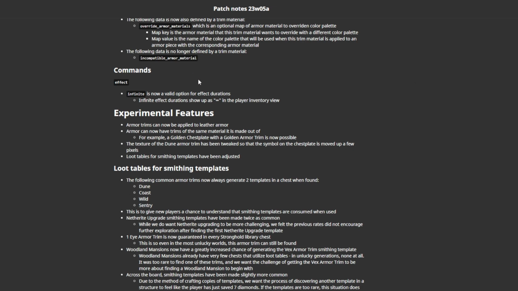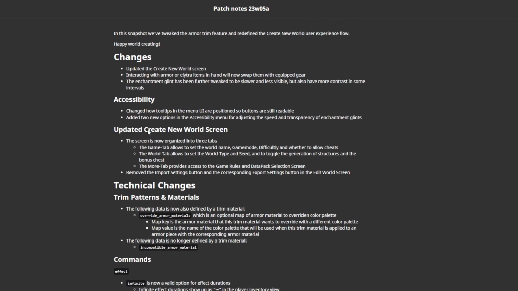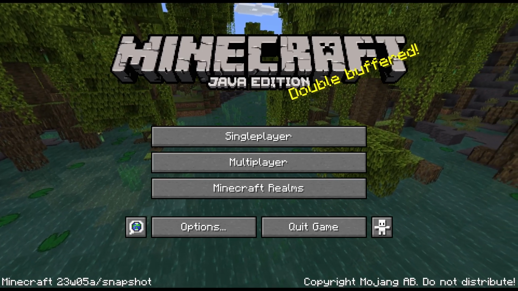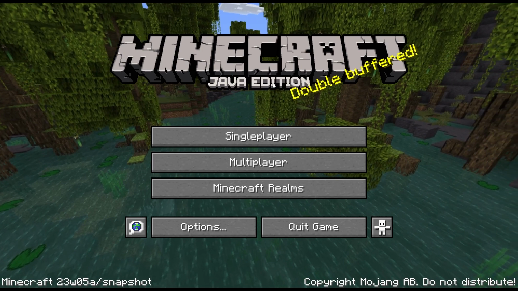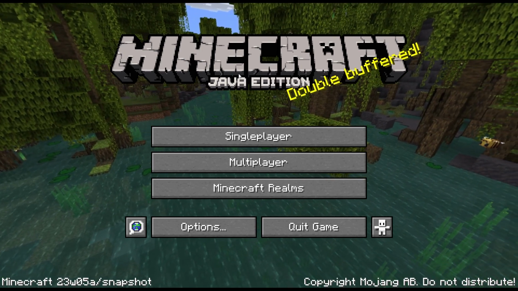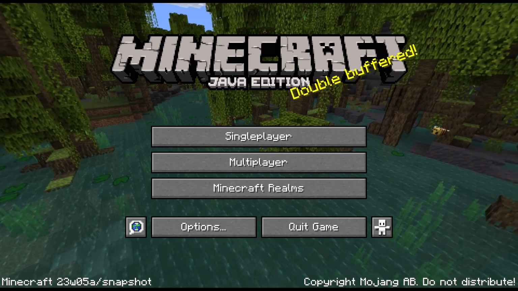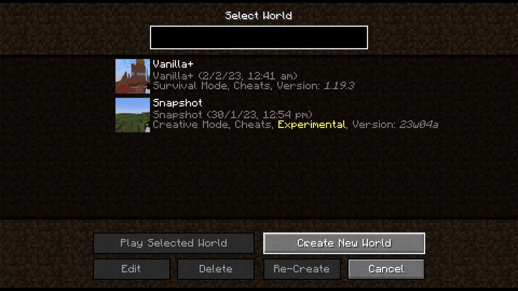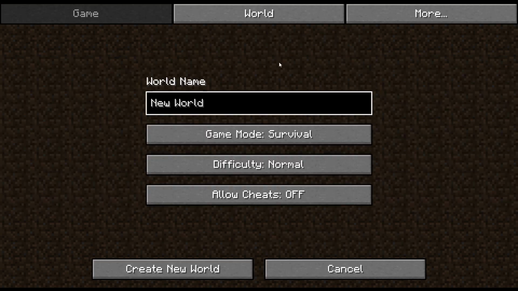But anyway, we'll hop in game and we'll take a look at the new create world screen. Right, so here we are. Now, I just want you to imagine you're somewhat of a new player. You've seen the snapshots, you've seen everyone talking about the armor, and you really want to try it out. So you go ahead, you download the Minecraft snapshot, you want to create a new world. You're a single player, you normally get prompted, but you can create a new world, and you're met with this